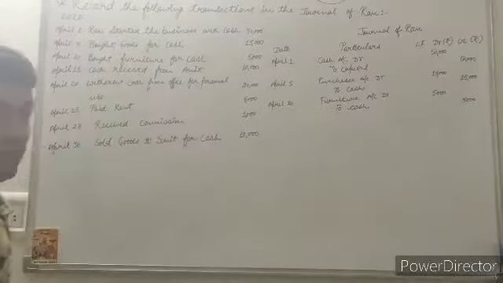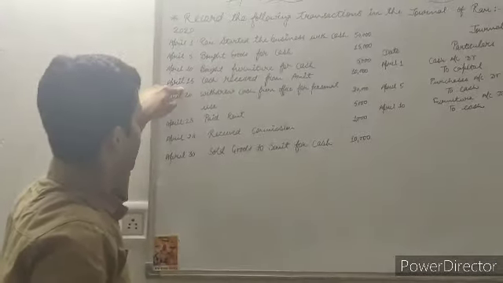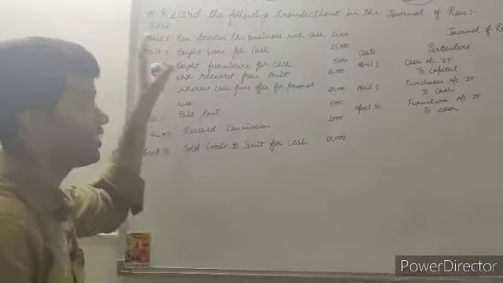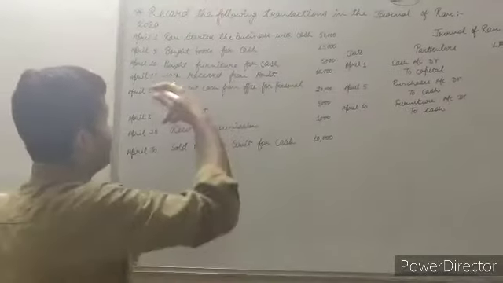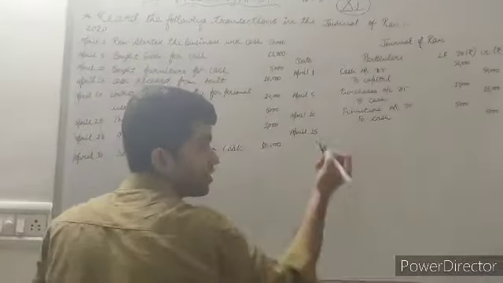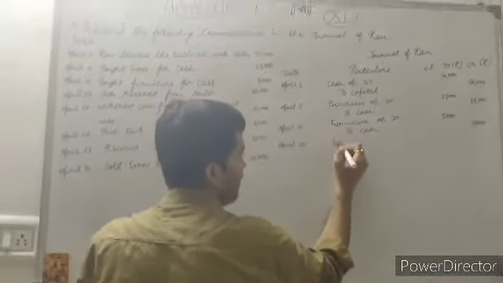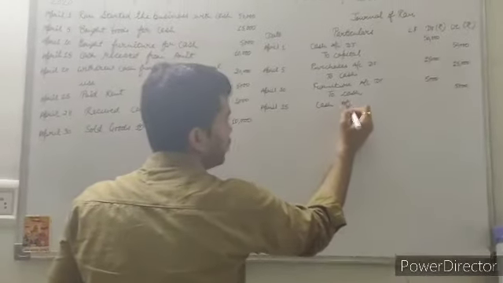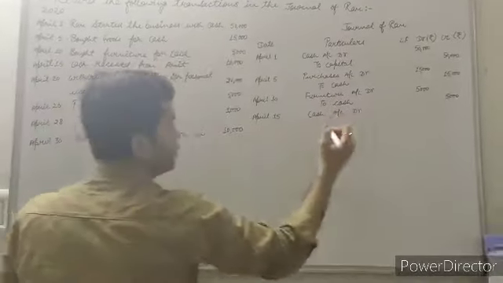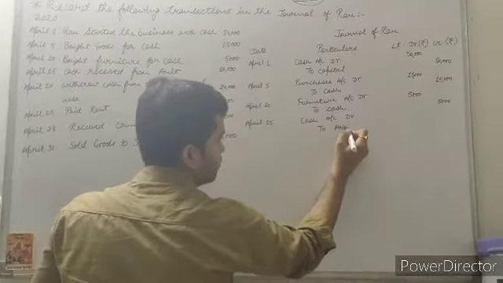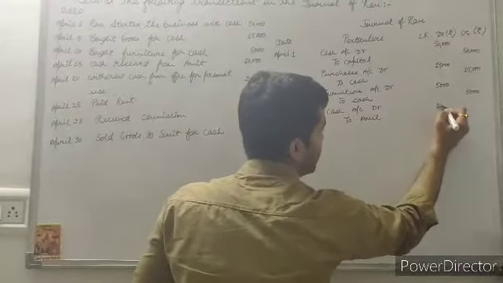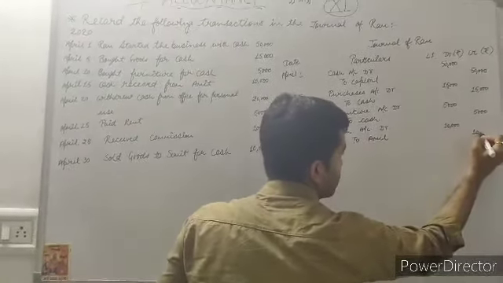The same. Now next, April 15, cash received from Amit, 10,000 rupees. Cash received from Amit on which date? April 15. Cash received means he received cash. So we have to mention the cash account debit to Amit, and 10,000 rupees amount in the debit and credit side as we are doing.